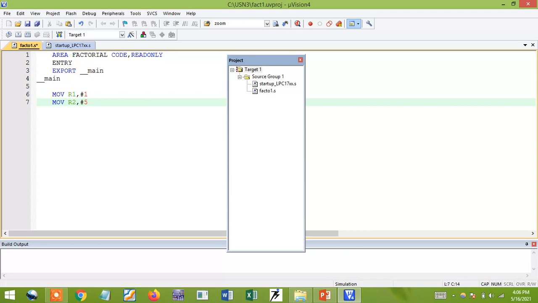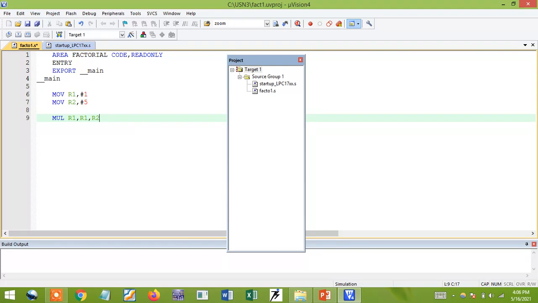Once you have done this, next I'll do the multiplication. I'll use MUL R1, R1, R2, and the result I need to store in R1 only.